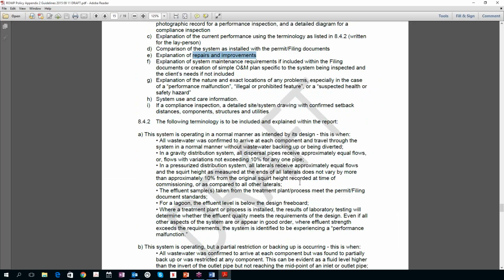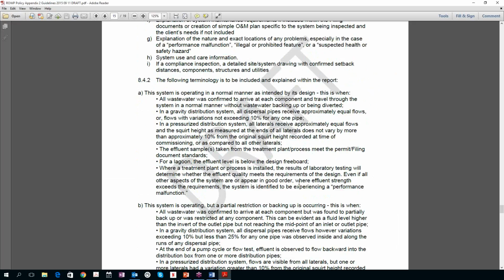And here is the terminology. So this is important, once again, for both maintenance reports and for inspection reports. You have to use this terminology. This terminology has to appear in your report. For one thing, because we say so, frankly. For another reason, because we spend a lot of money on lawyers to help you stay out of trouble. Right? I hope you don't see it all as a burden, that we're trying to be difficult. We're trying to help you stay out of trouble.